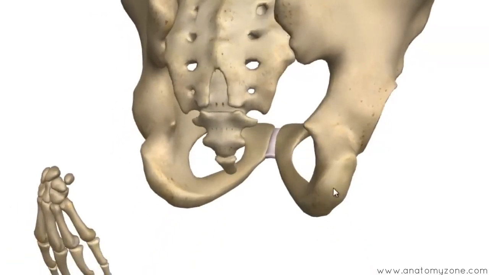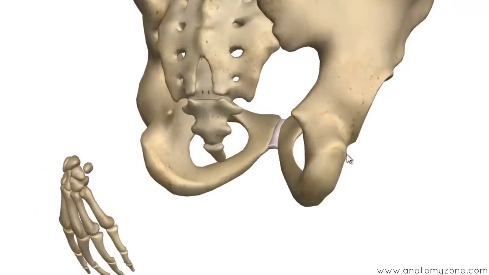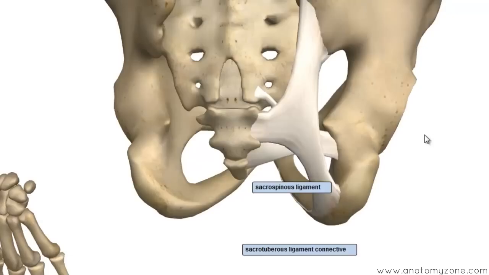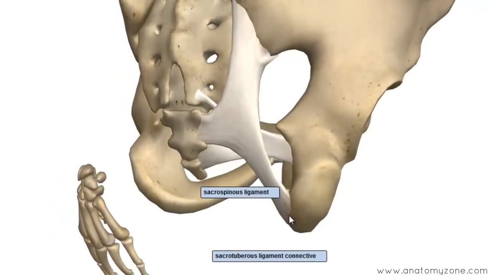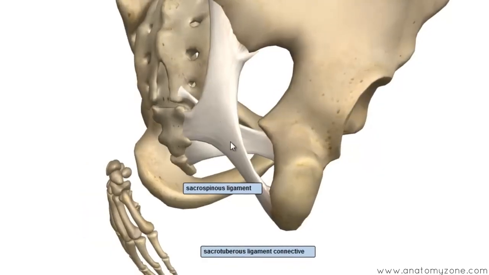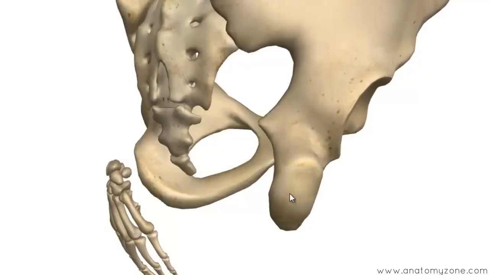So right at the bottom part of the ischium, you've got this tuberosity. This is the ischial tuberosity. So the sacrospinous ligament runs from the sacrum to the ischial spine, and the sacrotuberous ligament runs from the sacrum to the ischial tuberosity. So I've just brought those ligaments in. You can see the sacrotuberous ligament attaching onto the tuberosity and the sacrospinous ligament attaching onto the spine. So it's actually a bit further up here. So above this you've got the greater sciatic foramen, and below you've got the lesser sciatic foramen. So you've got the ischial spine, the ischial tuberosity,